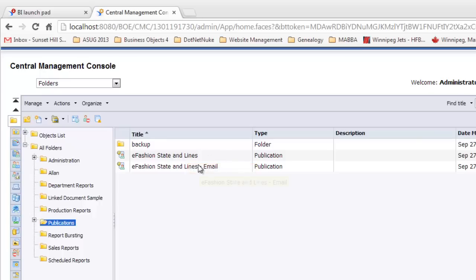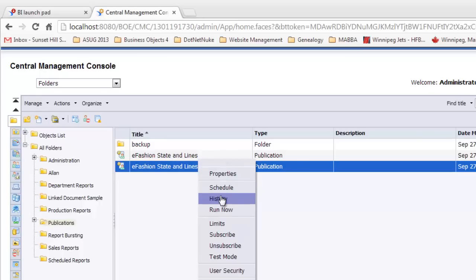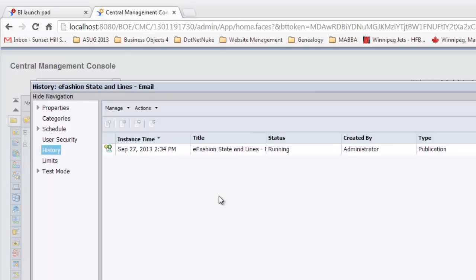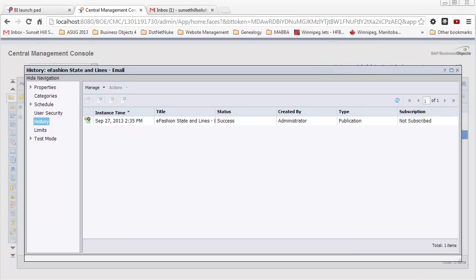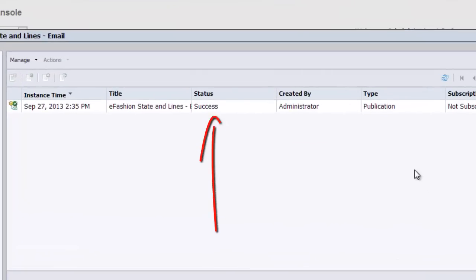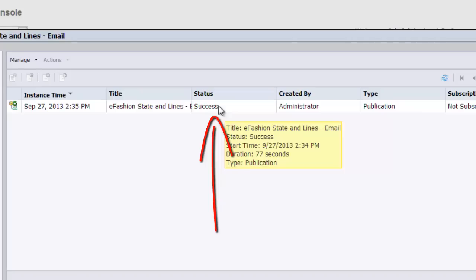I'll double click on go into history. So we can see right now this is running. So we see the result of this publication is success. That should mean each of those 6 users in those 2 groups should have received an email with their personalized